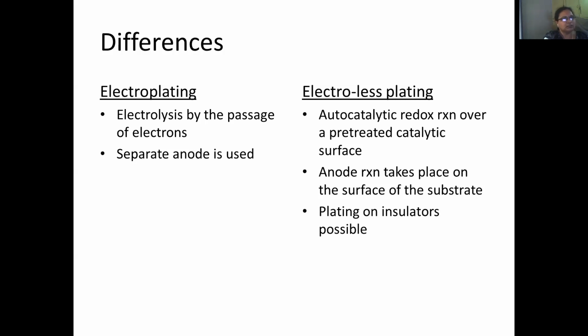Because plastics are insulators, so we can't do the electroplating process on them. But we can go for the electroless plating process. Okay. So these two are very important for coating, that is electroplating and electroless plating. The difference between these two is that one requires an electrolysis process, and the other is an autocatalytic redox process. So these two are the main coating processes along with galvanization and tinning.